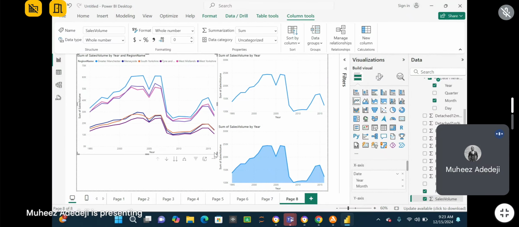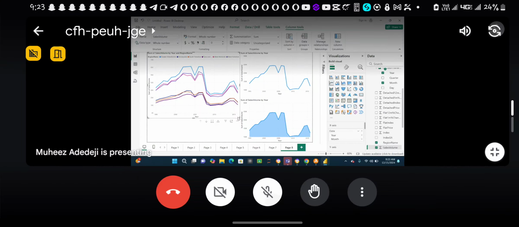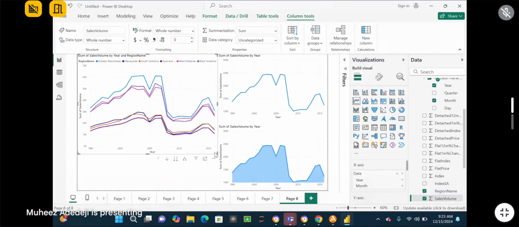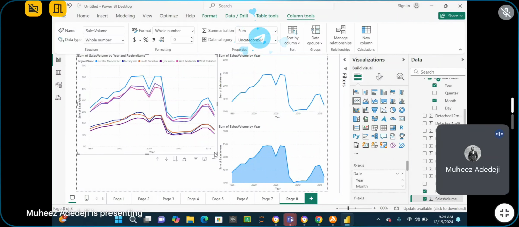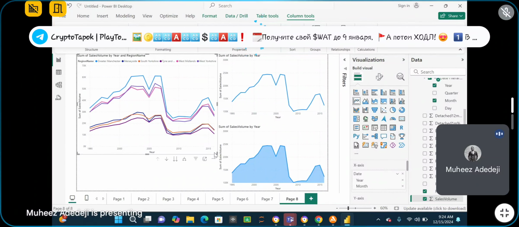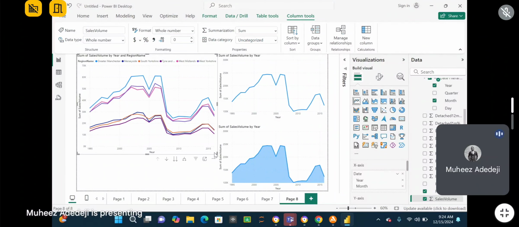Are you with me? So the first hierarchy you're going to see is the year, and the next one you see what? The month. So what I was trying to explain was that this graph